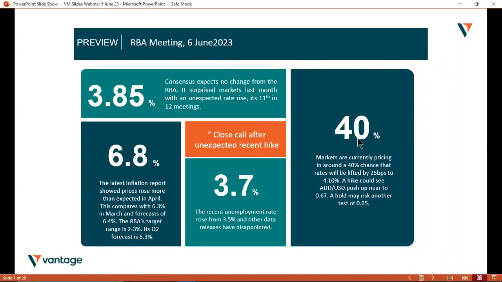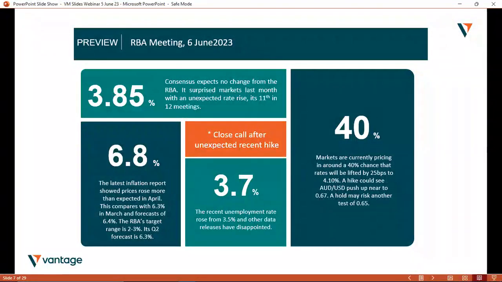I've actually got in there a 40% chance. I said 30%, I think. We're sort of 30 to 40%. I think it's changed since I put it in, and it's slightly lower than that 40% chance. For what it's worth, Goldman Sachs have raised their terminal rate, so their end rate forecast for the RBA, to 4.35% from the 4.1% they did have. Currently, we're at that 3.85%. So interesting there. They expect a 25 basis point hike at this meeting, and then also in July.